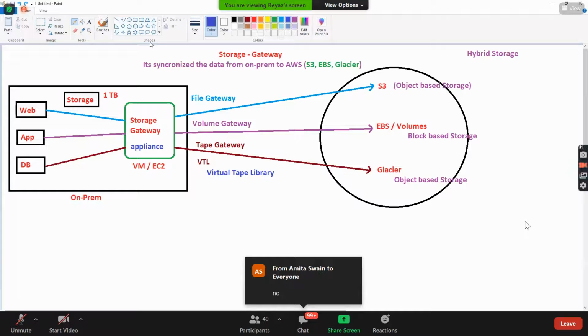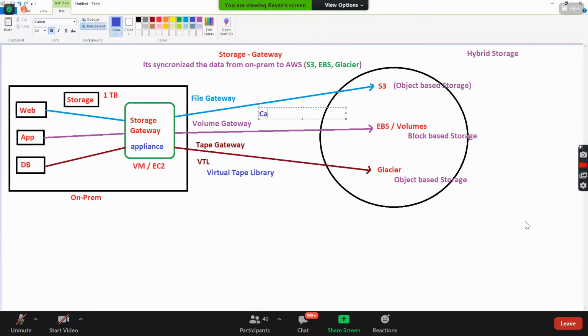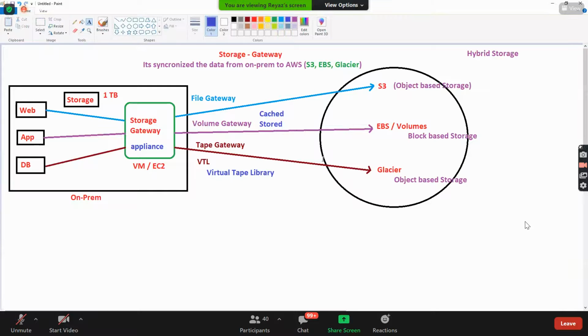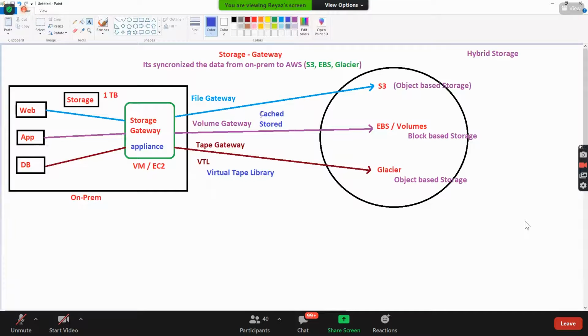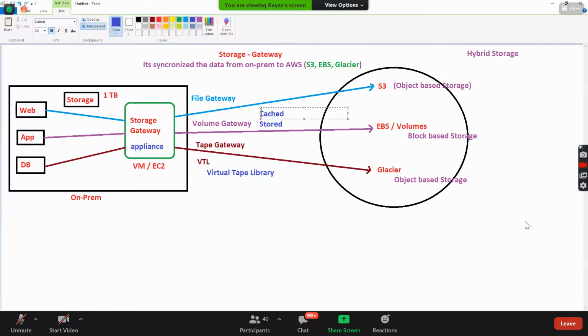And also here in storage gateway, in this volume gateway, you have two things. One is cache, we call it cached volume. Another one is stored volume. Guys, let's say you are putting the data directly into the volumes, and if you need all frequently accessed data to be stored here, and you need high performance and low latency, go for cached volume.